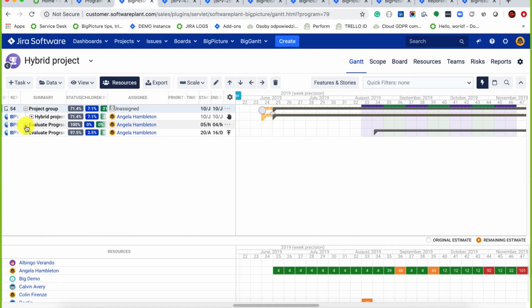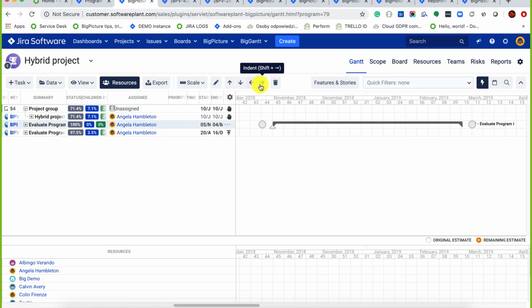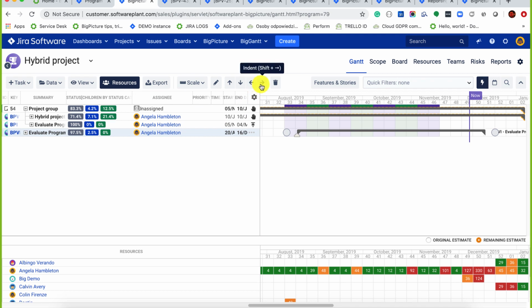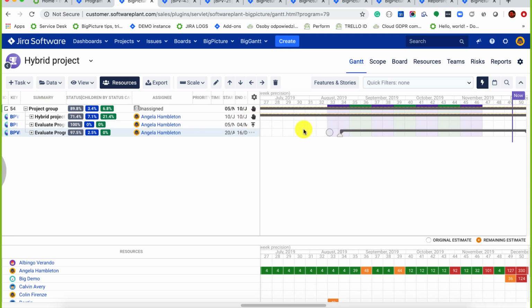If I collapse here, you'll see that I have two additional entries representing 2 other projects, and I can, using those arrows or drag and drop, indent manually. This operation has to be done manually. Indent under the artificial tasks and aggregate all the data from all three projects. So a nice overview of all those three projects in a single view with the resource